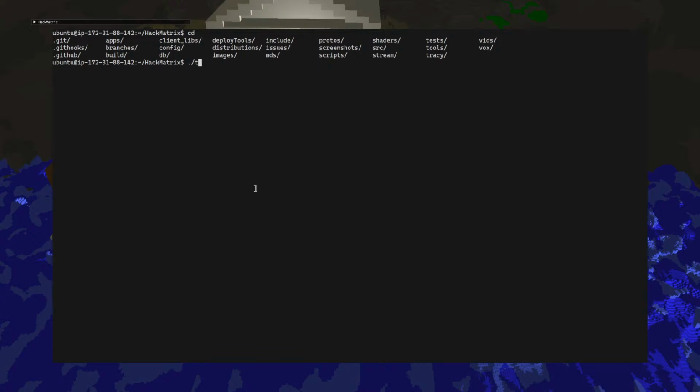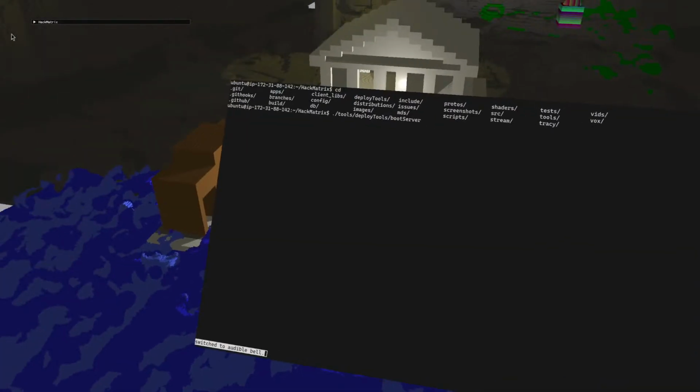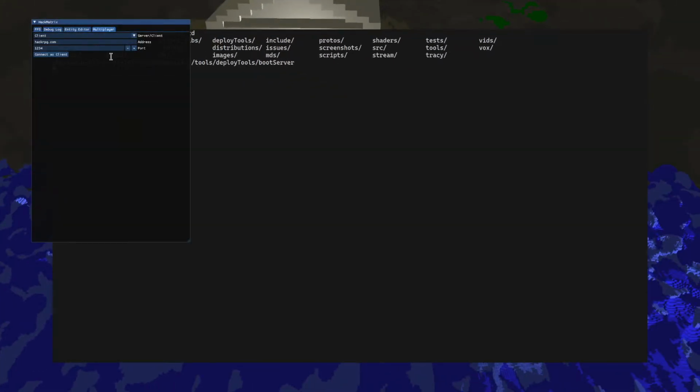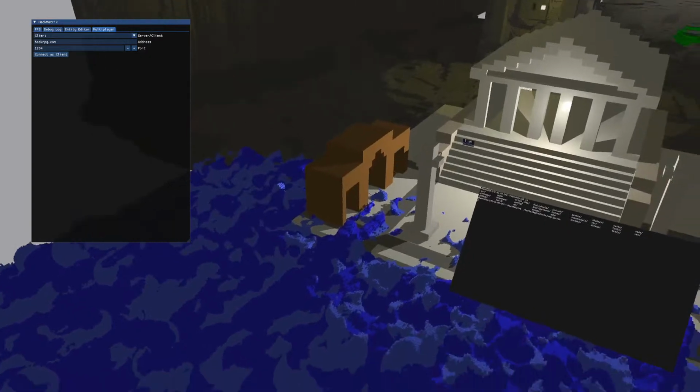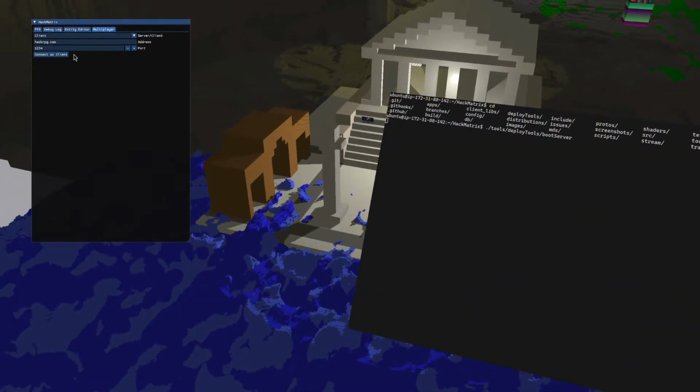So let's try just running it from here. Tools, deploy tools, boot server. So before I detach, let me now try to connect. Okay, now I'm connected.